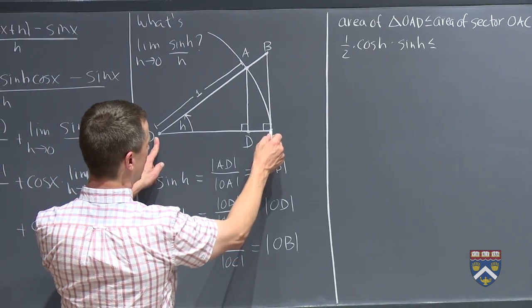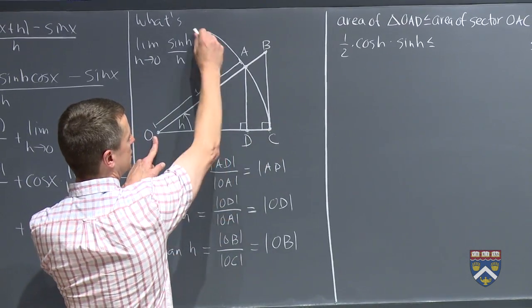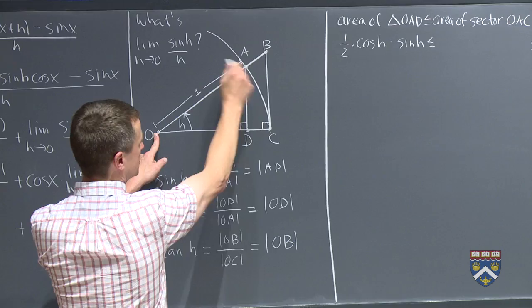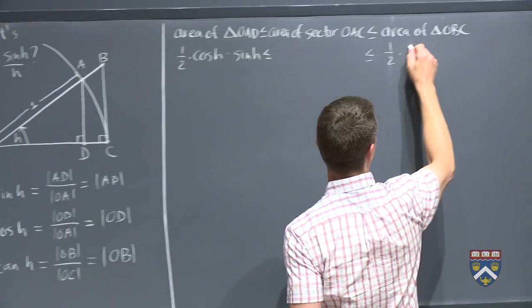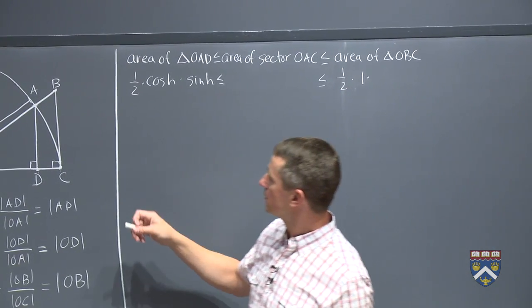The base of the big triangle, OC, is how long? This is the unit circle, so that's 1 unit long. This is a radius of the unit circle. The height of the big triangle,